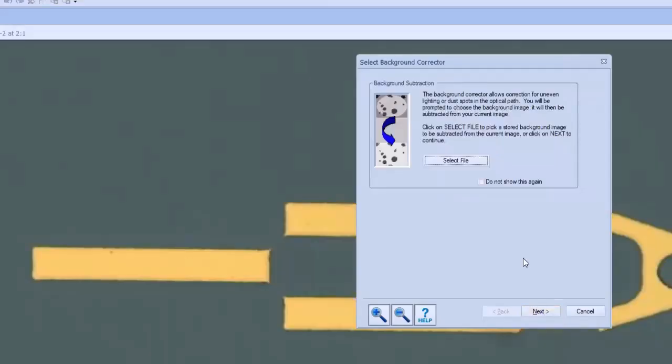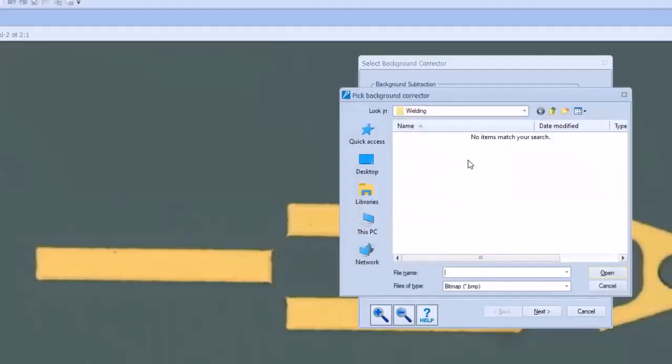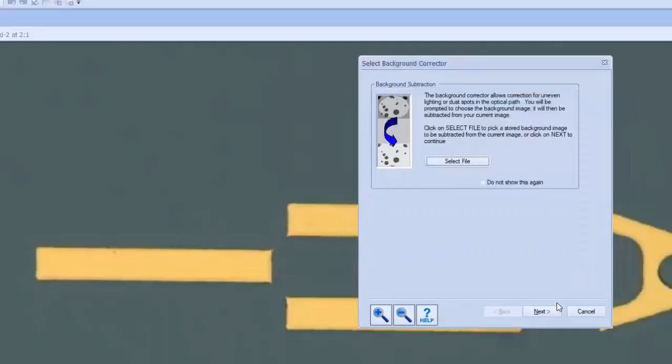A background subtraction may be applied to remove image artifacts that may be showing due to dust or other optical anomalies, as is sometimes the case with older instruments. If applicable, click the Select File button and choose a captured photo of your microscope's background. PAX-it will subtract the background from the image being analyzed, ensuring that object detection and measurement is not skewed by